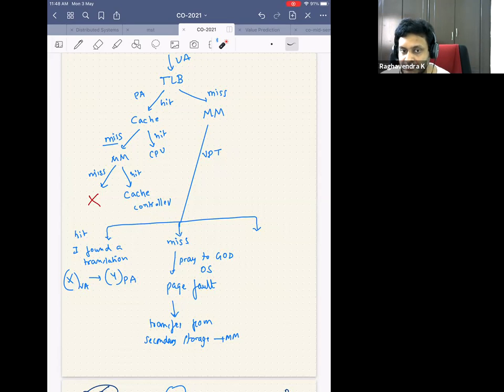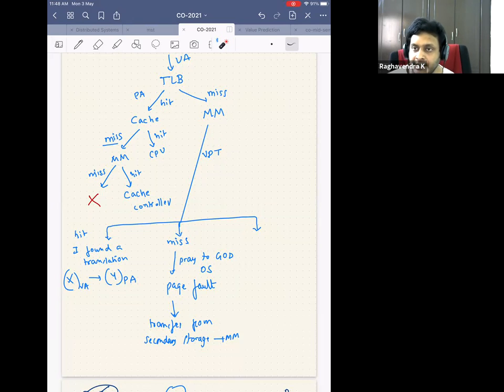Is this clear? So this is where your segmentation fault comes from. One of the reasons: if I declare int pointer a and do a is equal to malloc of 100 bytes, but access a of 10,000, then it might result in a segmentation fault. In general modern day process, it might not, but in general, it might result in a segmentation fault. That is bad code because you are trying to access something which is not there.